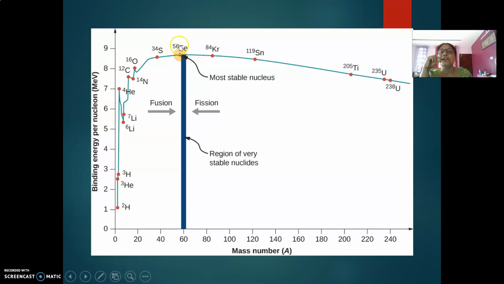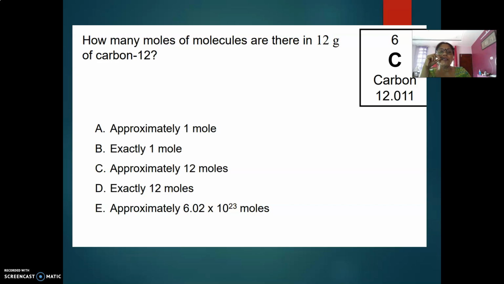So below iron-56, all will be stable nuclei, but above iron-56 you will have nuclei which are heavier and at the same time lose their stability gradually. And you have uranium here with the highest instability, and we know that uranium is radioactive. Now, this is a small sum I want you all to do. Kindly note down this particular question, and then please go for answering it.